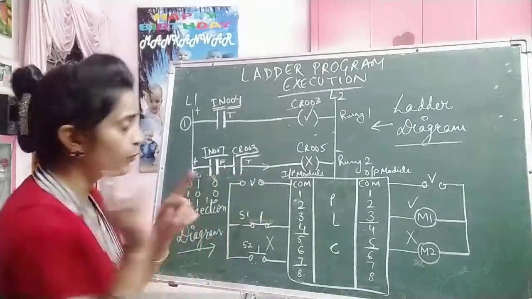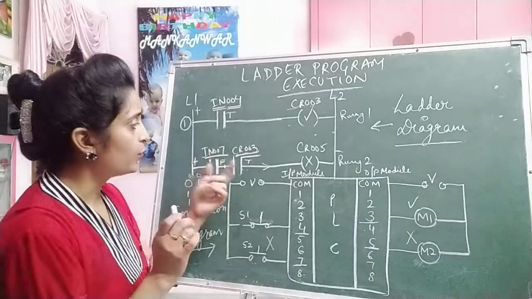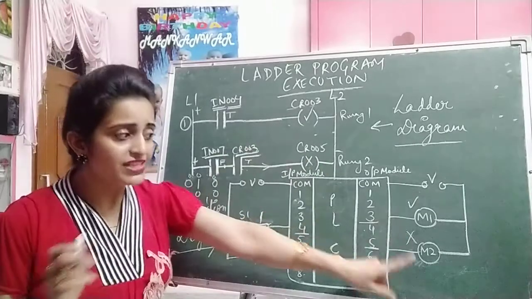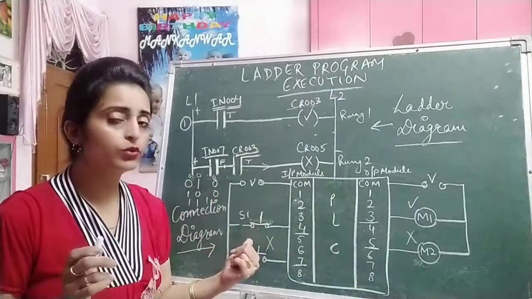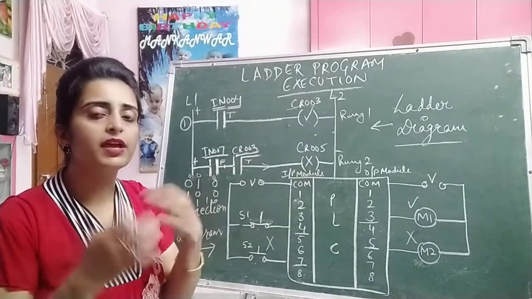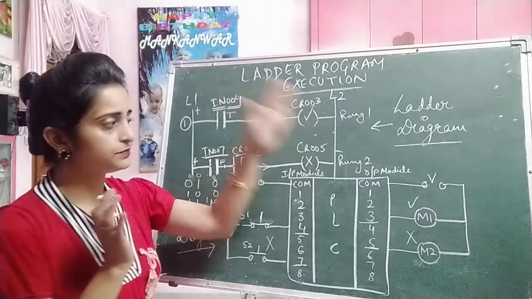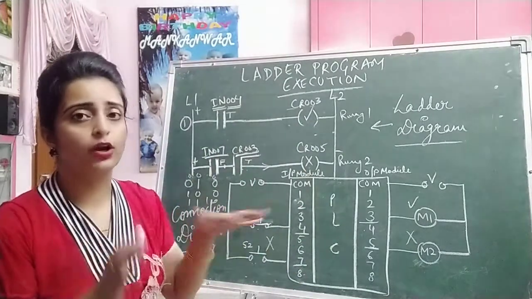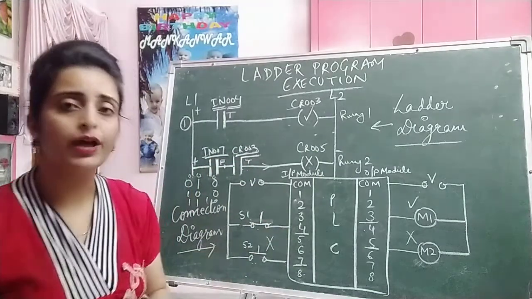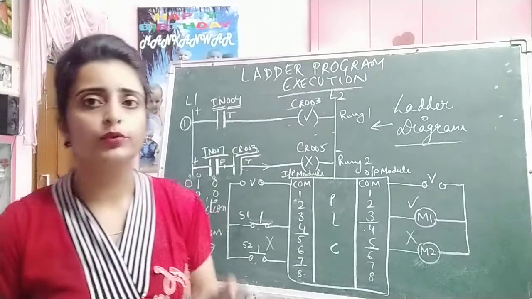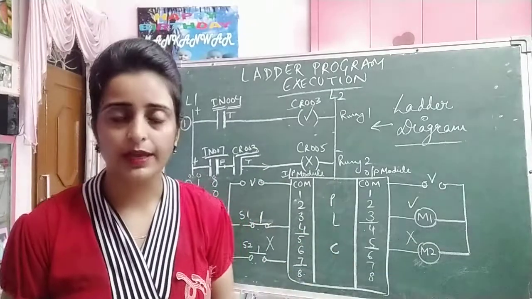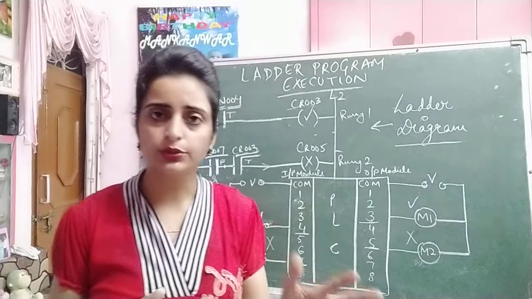Okay. And one more thing to remember: we have connected this CR003 here, but physically it has not been connected to an input device. It has just been implemented logically to make a logic according to this circuit, or according to the work that we need to do. According to the output that we want to have, right? So according to that, we will have this connection diagram or this ladder diagram. Okay, so I hope this is all clear to you.